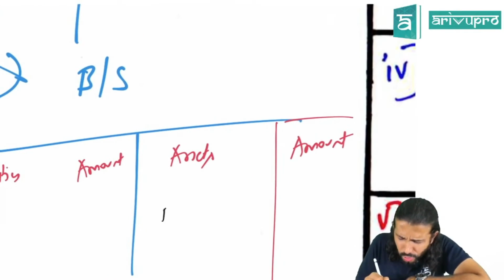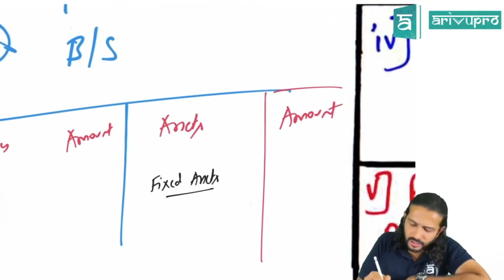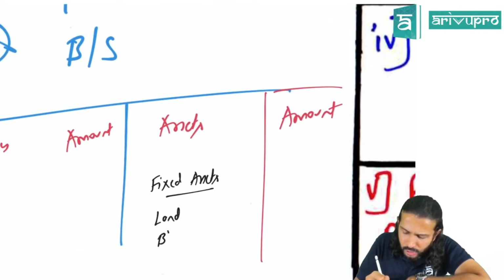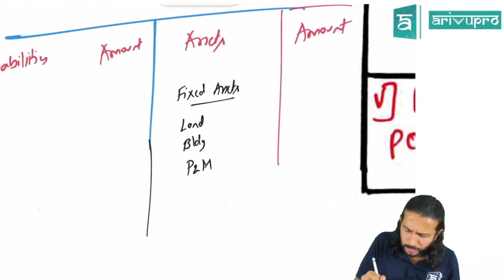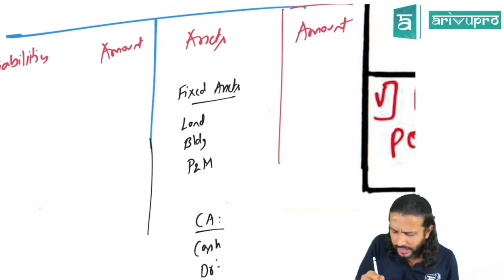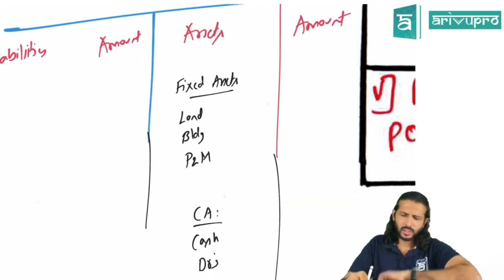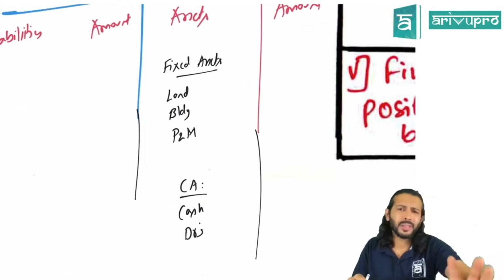First, generally, we show fixed assets. Yes, no? Under fixed assets, we will show land, building, plant and machinery. Like this, you will show. Correct? Then you will show something known as current assets. Under current assets, cash, debtors, etc., which some of you must have done. Correct? Now, analyzing means